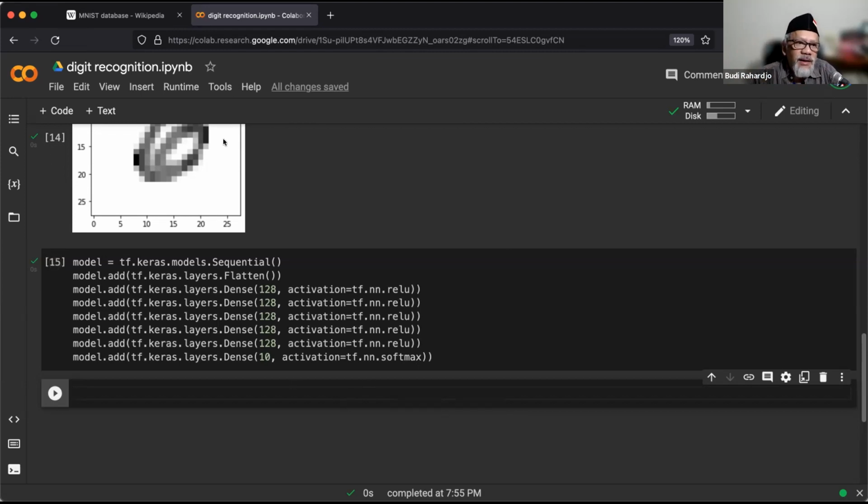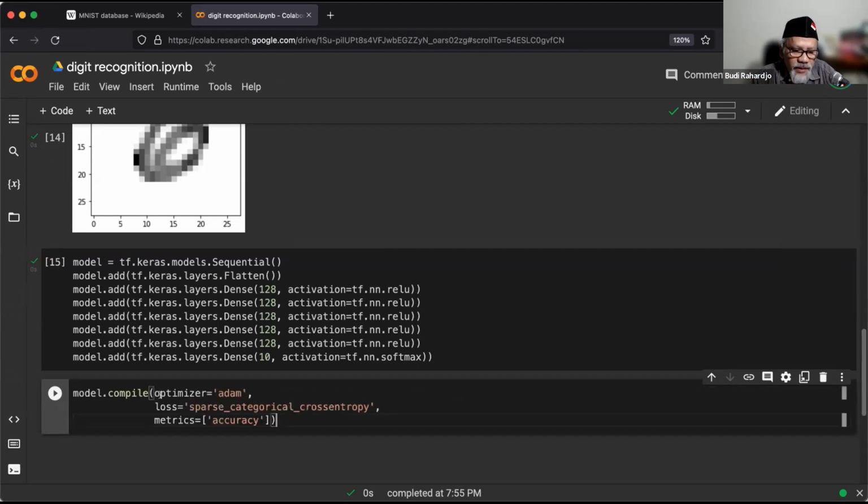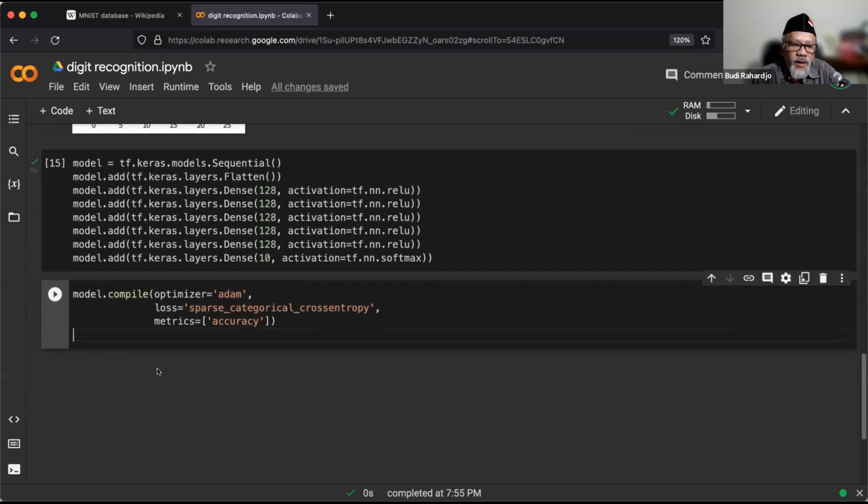Now, again, let me just copy the model compilation. Let me just put it in your chat also so you don't have to type it in. Okay. So you have that one on your screen, right? So this is what we are going to use, the optimizer. If you run it, there's nothing. Okay, so we're going to do this.